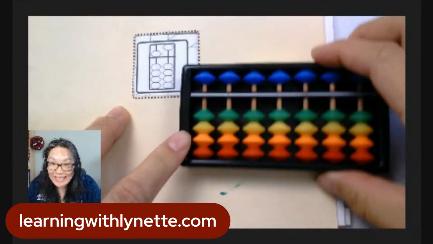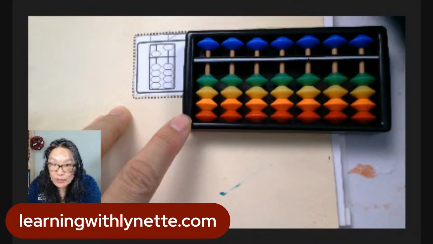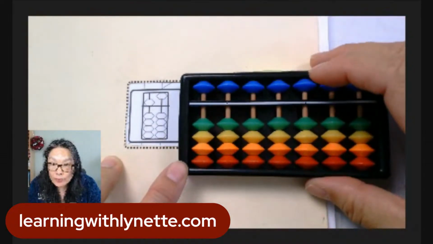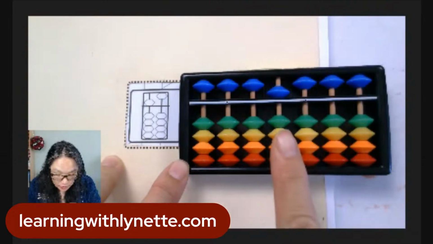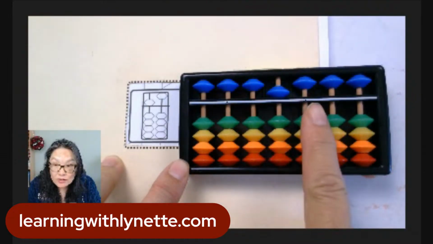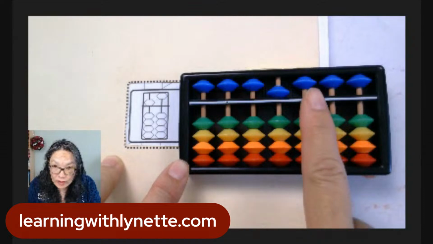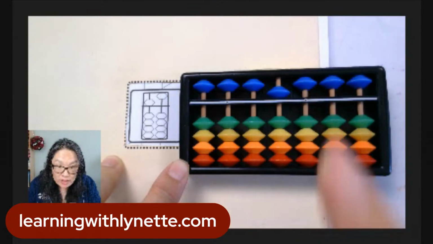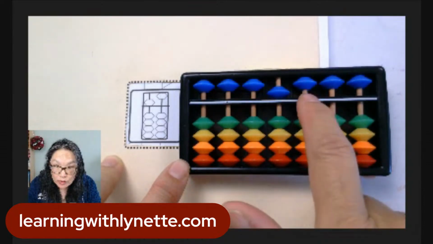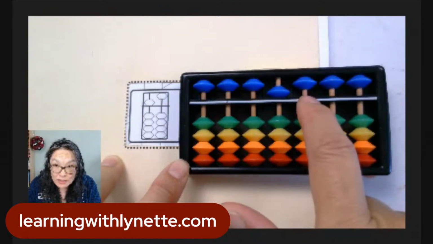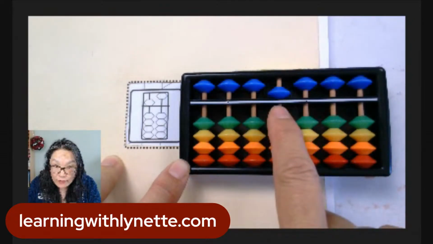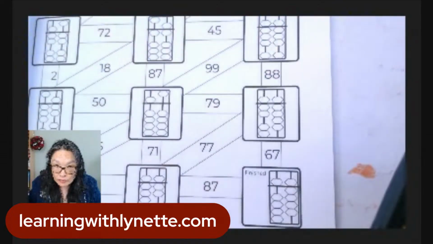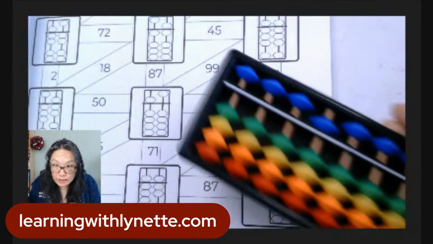Thank you for participating. Because if you didn't participate, I wouldn't know where the information lies. So if I had this number, this would be the tens, and then this would be the ones. Don't forget, my ones has a 0. Thank you, Mohammed. My ones is a 0. So we have to remember to keep this as a place value, right? We need to have a 0. So this would be 50. Yes. So it'd be a 5 and a 0. And then it'll take me over to here,